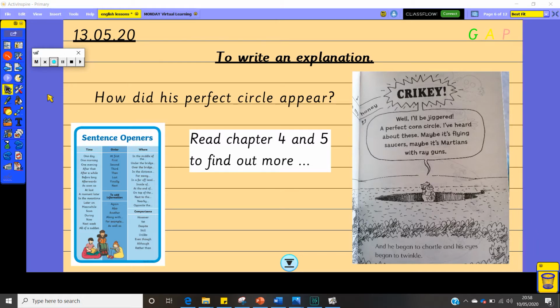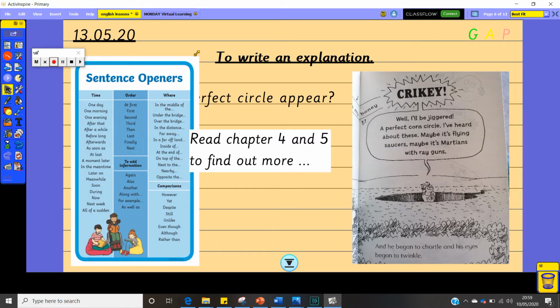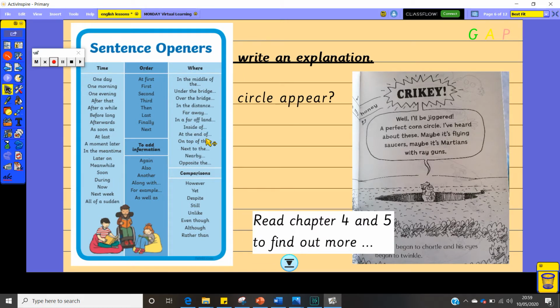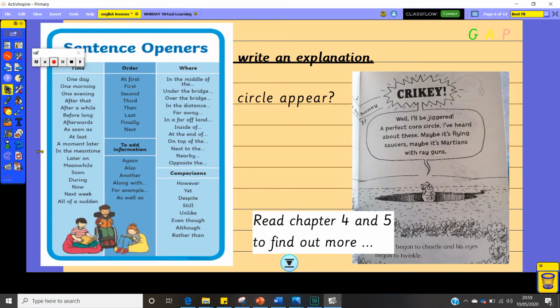So have you managed to read chapter 4 and chapter 5 to find out more? So we are going to write an explanation in today's lesson, and we're going to focus on our sentence openers or time openers to structure our writing. So I'm just going to make our sentence openers just a little bit bigger so that you can see them. We'll move over the information about reading as well,